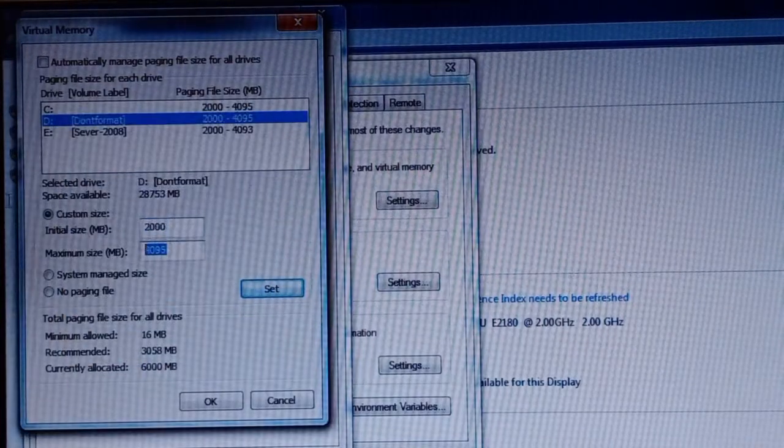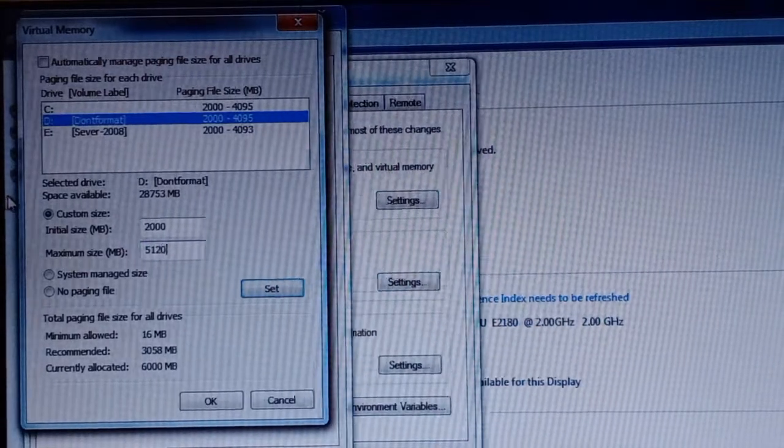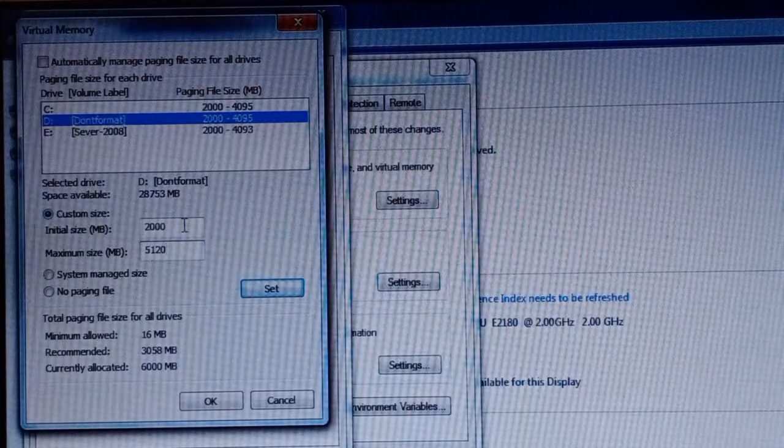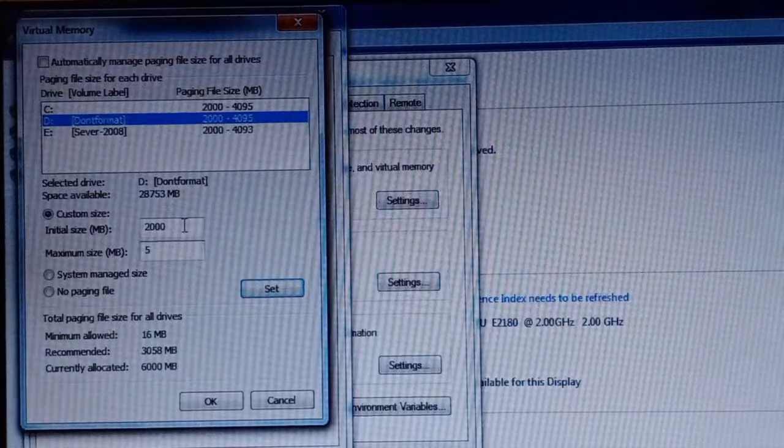We have to give 5120. Okay, the actual RAM size times 2.5 gives 5120. Otherwise you can give 5000 also, no problem.